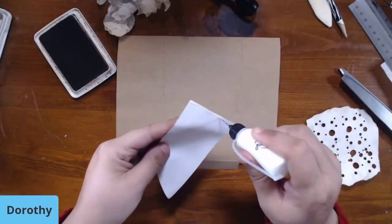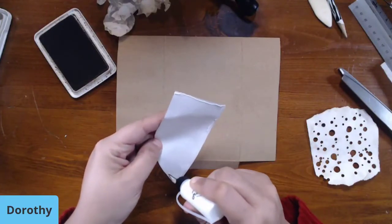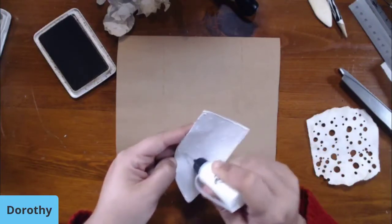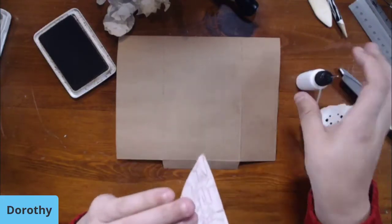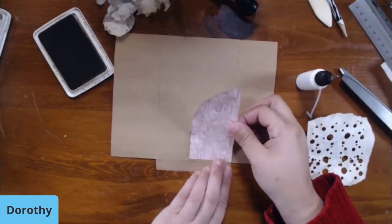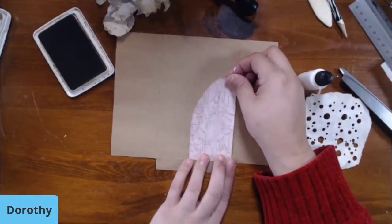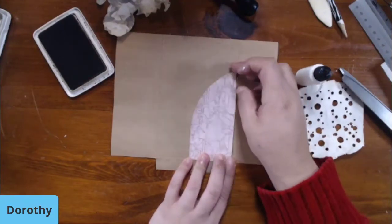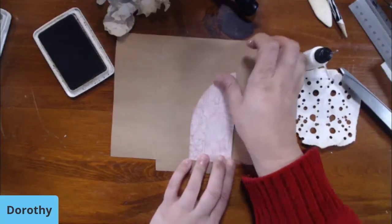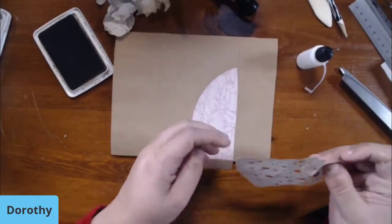Okie dokie. There we go. And I think with how geometric this is, and then the dots sort of being, I don't know what word, chaotic. No, just sort of randomly put on there. I think it'll sort of look neat. Sometimes the randomness with